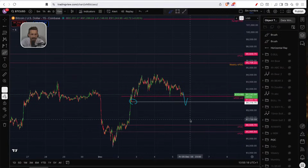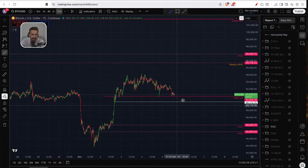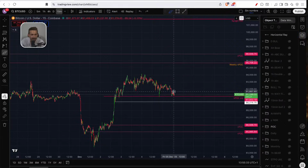I'm worried about people that take this information, like you said, we were going to bounce from this zone, and I randomly longed in this area. Well, obviously you didn't pay attention, right? So that's an interesting area. If you break down from here,